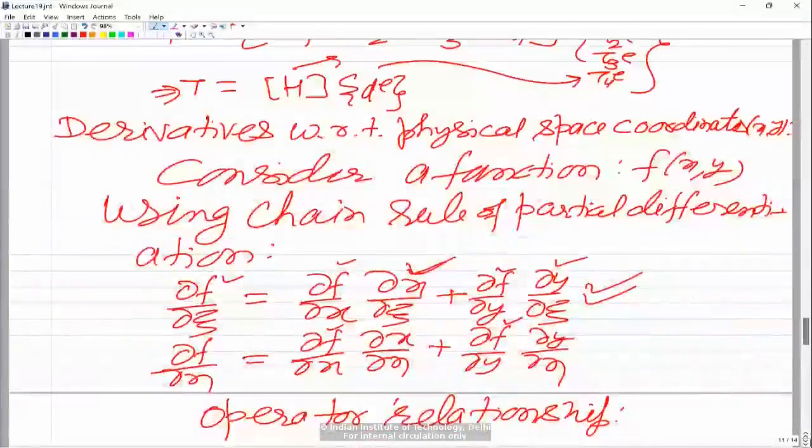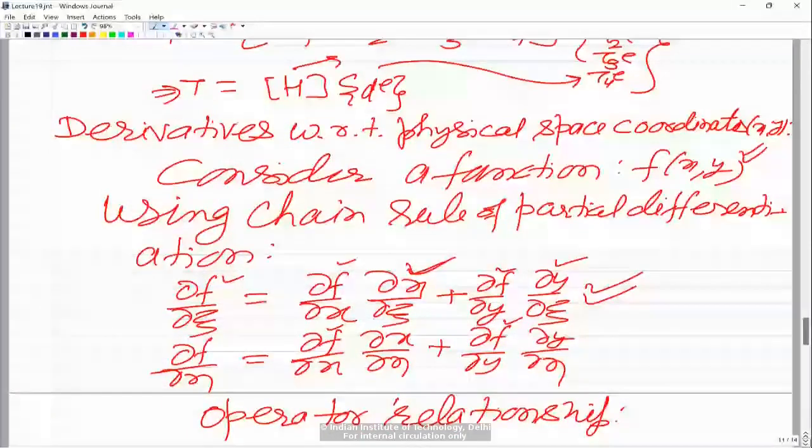Yeah, so I will start from here. So see what I have said. I have said let us consider any function f which is an explicit function of x and y. Explicit means it is expressed in terms of x and y. And of course x and y in the isoparametric formulations are also functions of xi and eta. So then I said let's find out the derivative of f